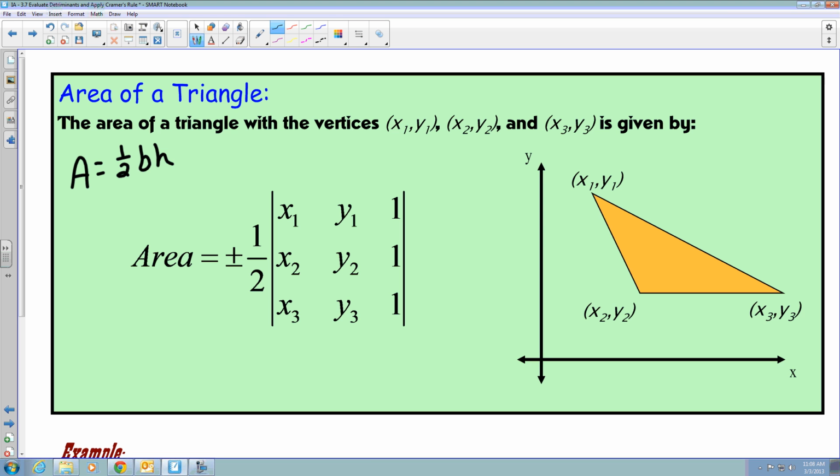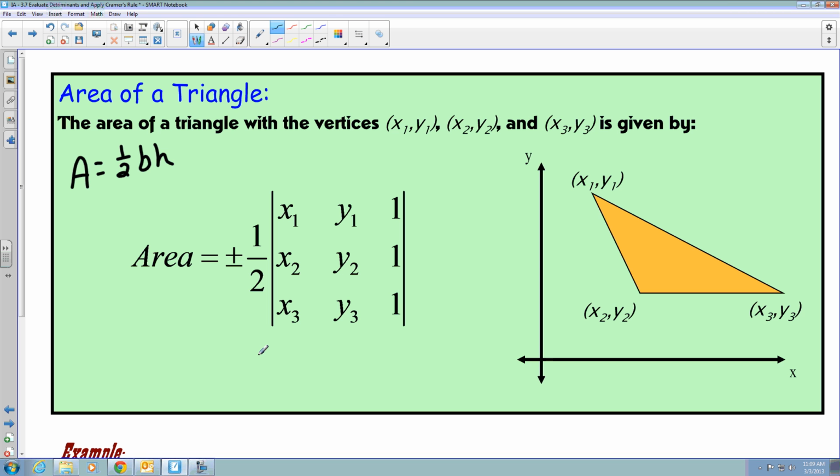x1, y1, and so on for all the points. The third column of the matrix is going to be 1, and it's just being able to apply the points that are given to each specific triangle. Now, as you can see, my 1/2 has a plus or minus attached to it. The reason for that is because sometimes the determinant here is a negative number. And if that does happen, we must use the negative 1/2 to multiply it. The reason for that is because area is a positive number. Area cannot be a negative number,